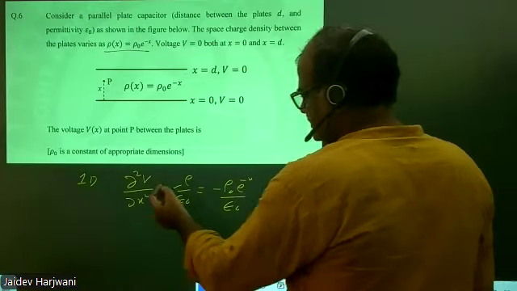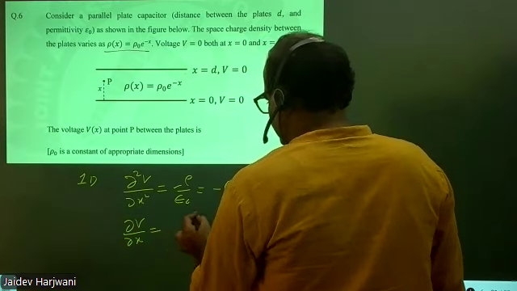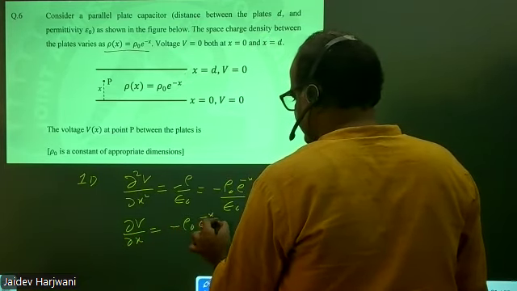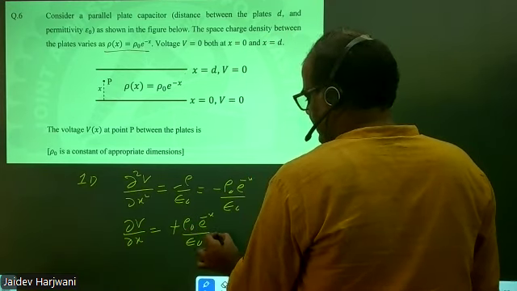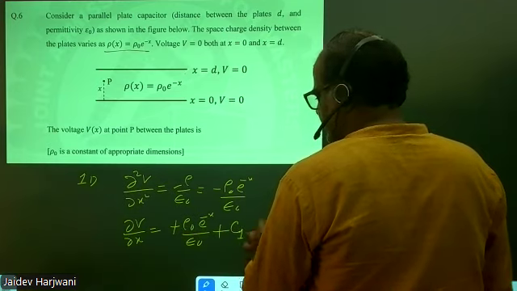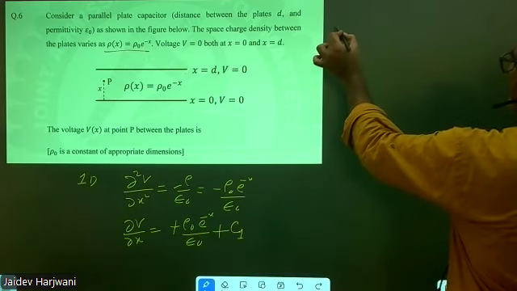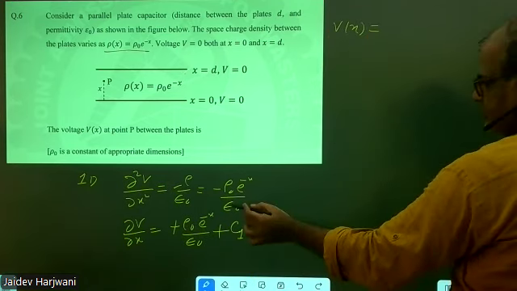So let us integrate this equation. This gives me del V upon del x, which equals minus rho naught e power minus x upon epsilon naught. If you do, the minus will come here, and put one constant, say C1. Okay, let me integrate one more time. If you integrate one more time, this will give you V(x), which will be equal to